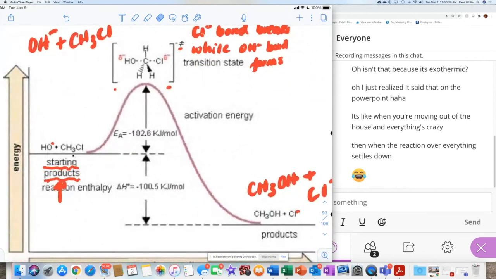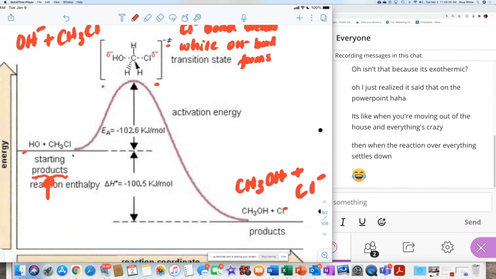Okay, as we're talking about this, we can see here that starting materials have a certain energy. So let's see. We don't know exactly what the energy is. All we see is the gap, right? So the reactants have to gain 102.6 kilojoules per mole of energy to be able to get to the transition state right here. When they get here, the transition state form, which is called transition state, or the activated complex